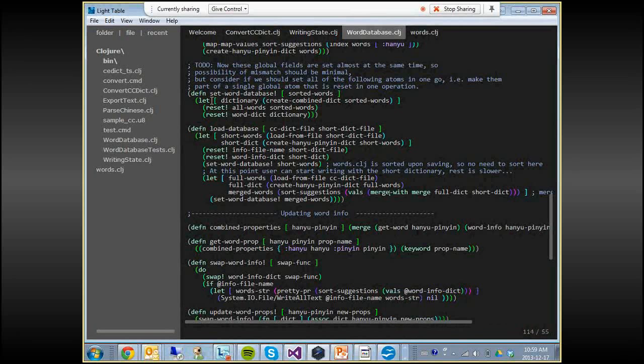And then here, final beautiful thing. Here's merge with merge. This is very high level functional stuff. Here I'm having two dictionaries. I'm having two maps. Each one is keyed with the Hanyu characters, and it has the word definitions as the values. And what this will do, it will take these two dictionaries and merge them together,